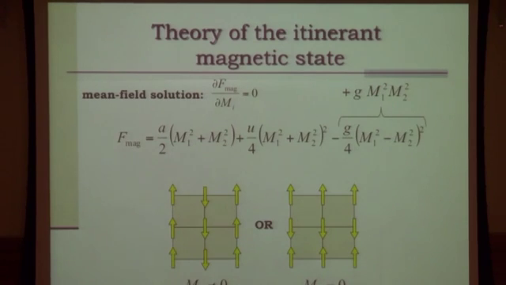The only term that couples M1 and M2 is the cross term, which is plus, there are two minus here, G m1 squared m2 squared. This is energy. What happens if I have both non-zero? I pay energy. If I make one of them 0, I don't pay energy. So the ground state, you'll find out, is either m1 0 and m2 non-zero or vice versa. Now I got the right ground states. So in the itinerant model in the pnictides, the right ground state only appears because of the band structure not being C4 symmetric, but being tetragonal at the borders of the Brillouin zone, which is natural to expect.